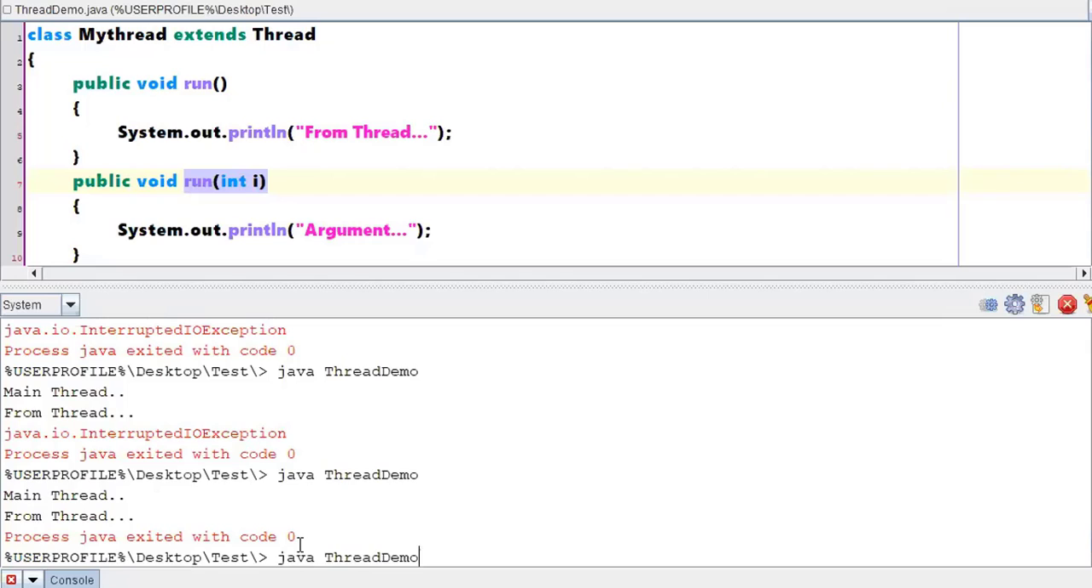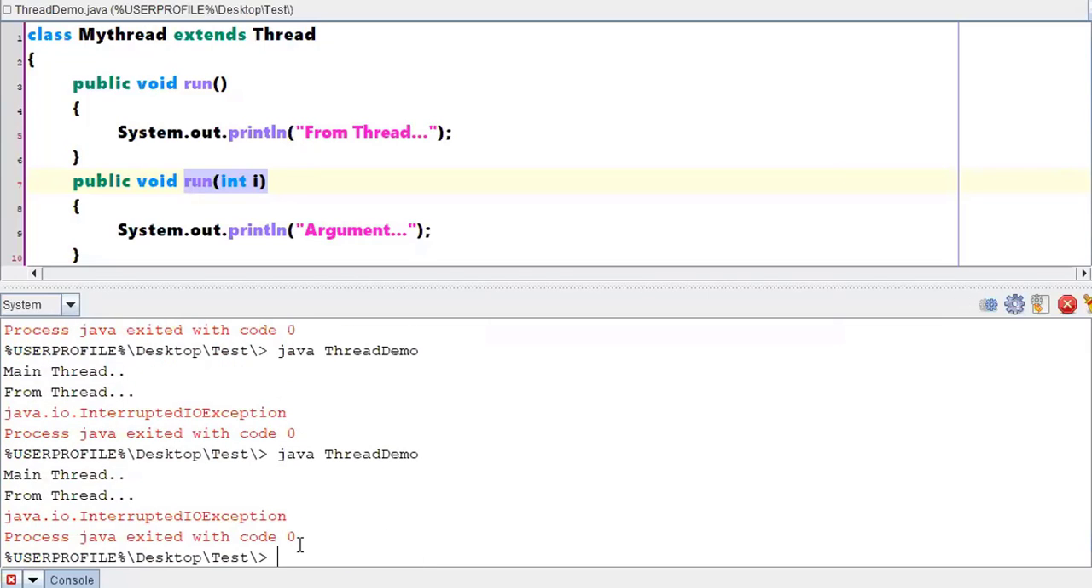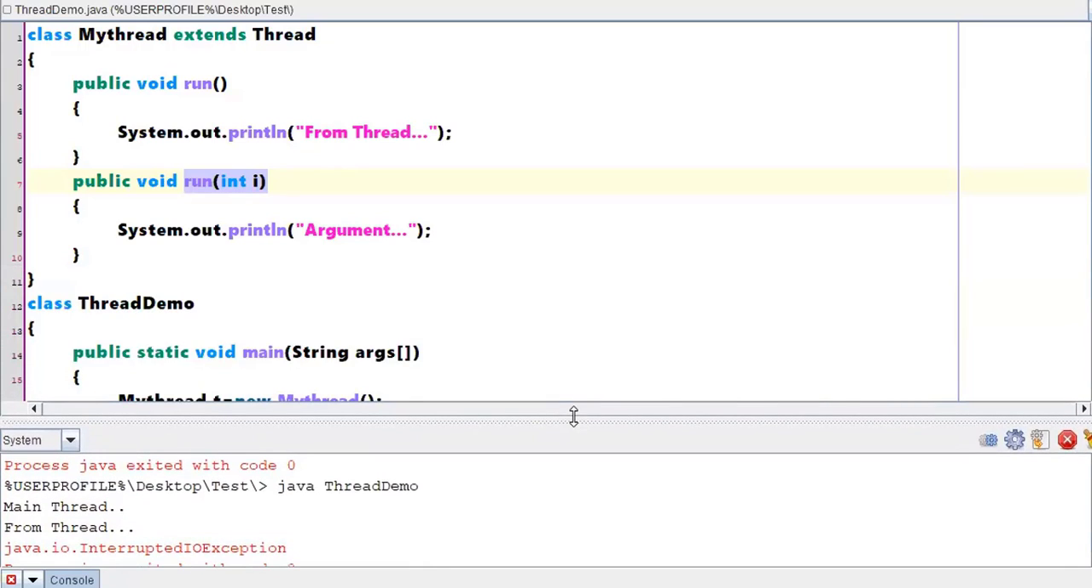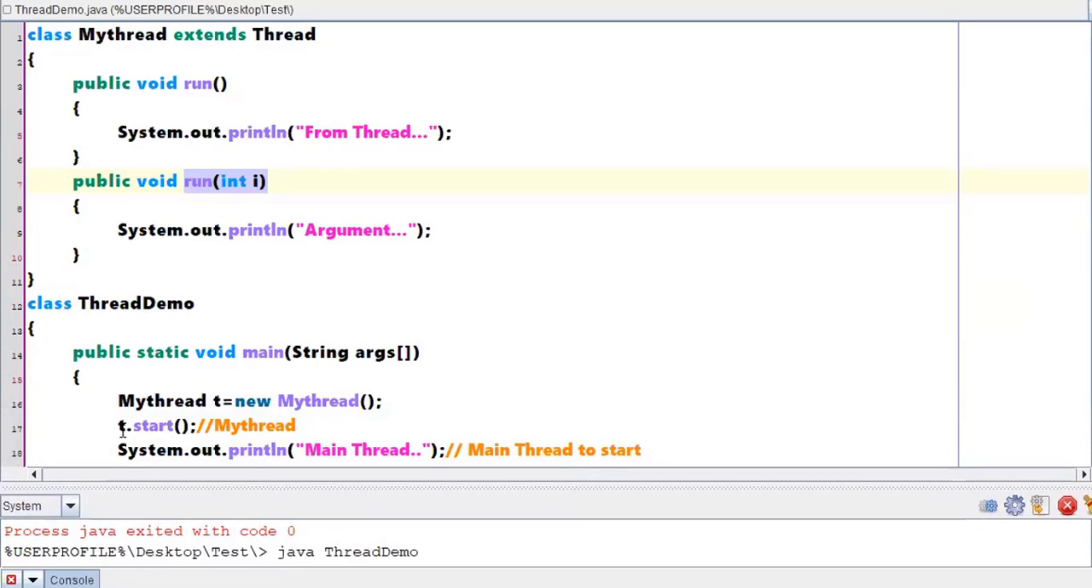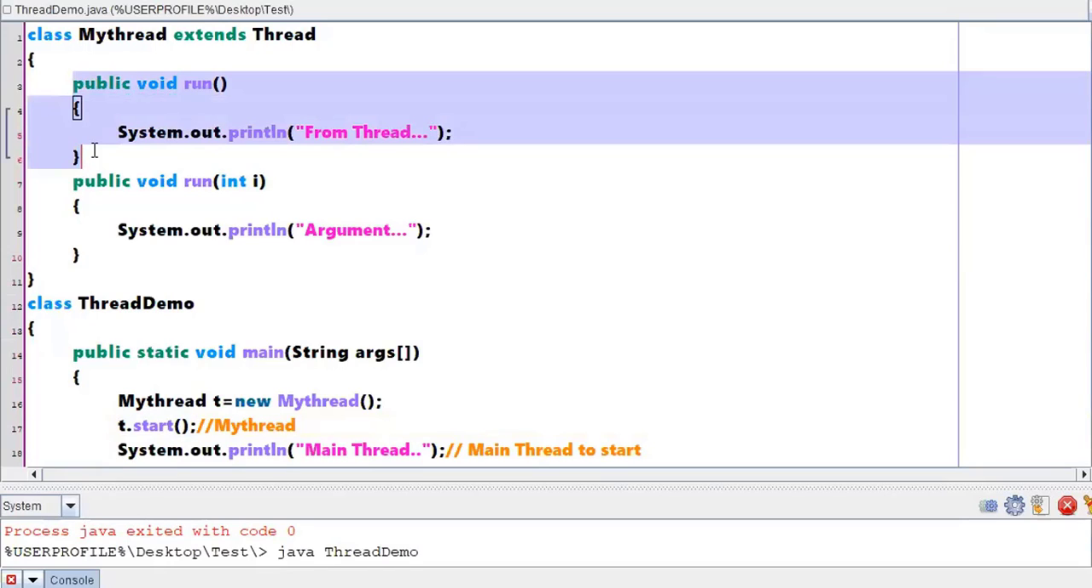Executed fourth time, fifth time, sixth time, seventh time, eighth time, ninth time, nowhere. What is the conclusion to be drawn from this? The conclusion is that it will allow you to have method overloading with respect to the run method, right? But whenever you are calling t.start, the internal implementation of the start method has been written in such a fashion that every time it will call the zero-argument run method only,